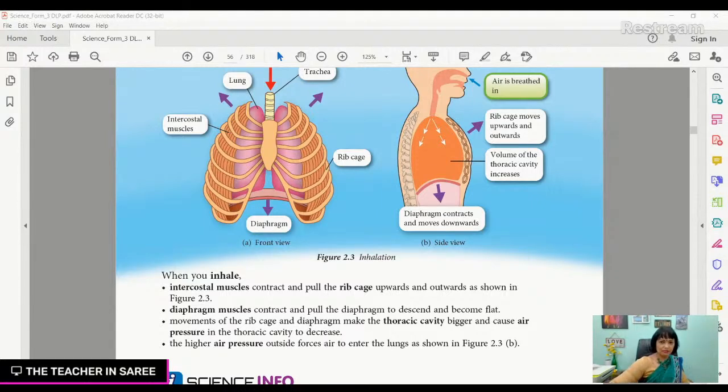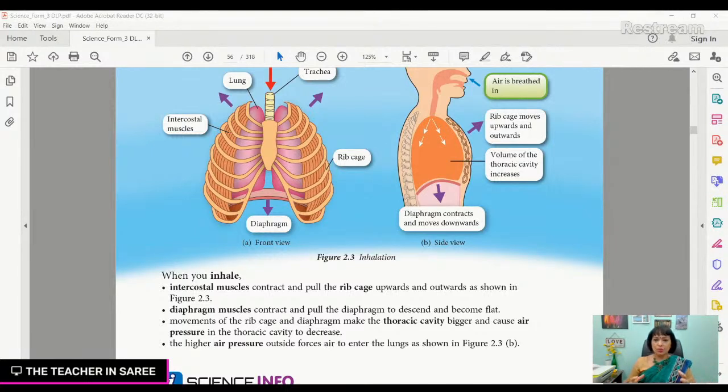I need to stand at the side for a moment. Can you see me at the side there? Like this. It's not upward and outward like that and like that, no. Upward and outward is diagonally like that. Not upward and outward separately. A lot of children say upward and outward, but how? Where would it go like that? No. It goes diagonally, like that.